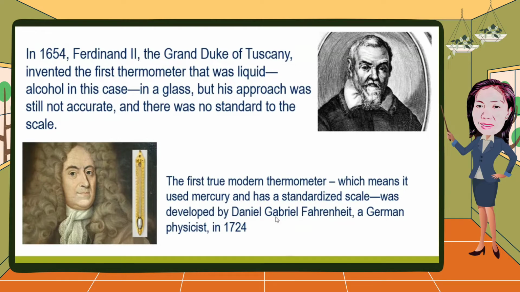But another scientist by the name of Daniel Gabriel Fahrenheit, a German physicist, in 1724 also modified the thermometer, but this time he used mercury and a standardized scale. So meron nang scale yung ginawa ni Daniel Gabriel Fahrenheit. Then,